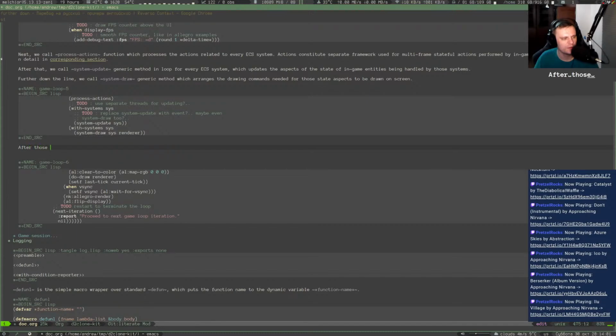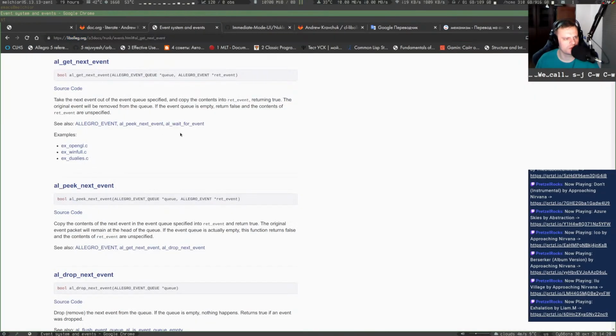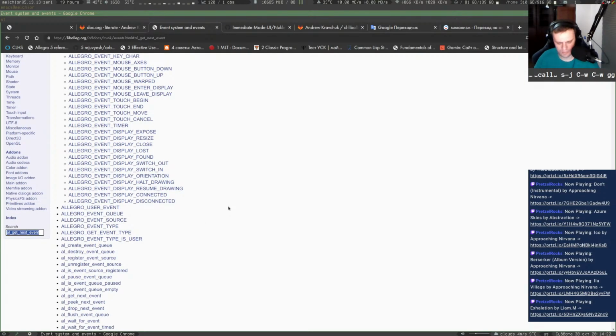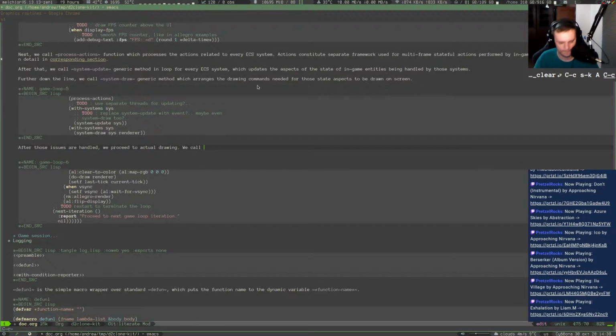After those issues are handled, we proceed to actual drawing. We call, okay, now I need another reference to an Allegro function. AL clear to color. Yeah, this one. We call AL clear to color